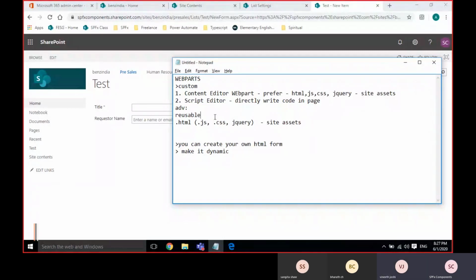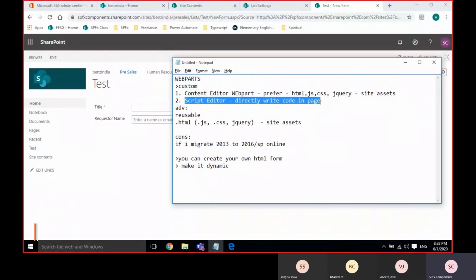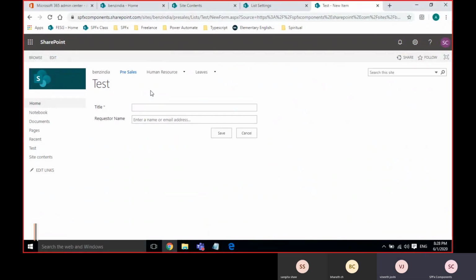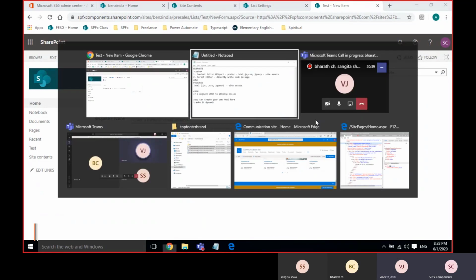One more problem here, I can say a con: if I migrate from 2013 to 2016 or SharePoint Online, which we generally do with applications, this script editor code won't be copied, because the code is added within the page itself, not in an HTML file.